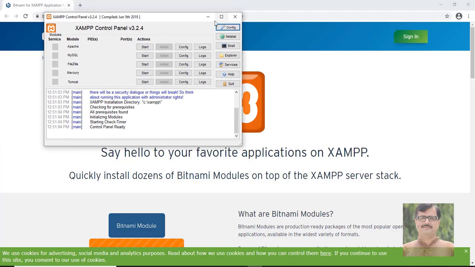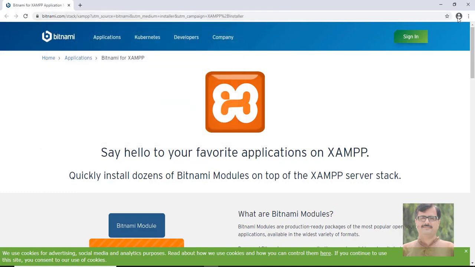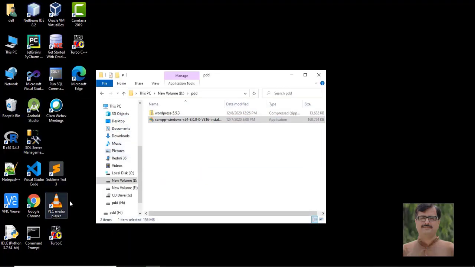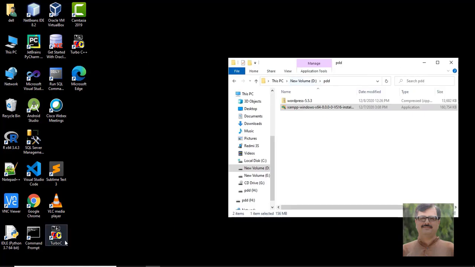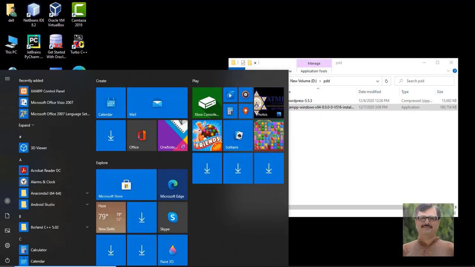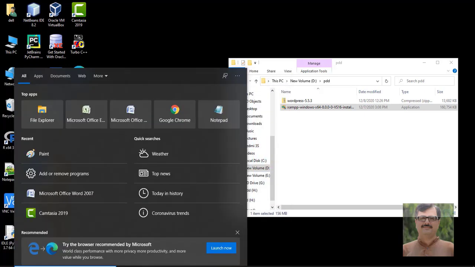Let's see how we are getting this. On clicking the XAMPP icon, here we are getting not available, so we will find XAMPP.